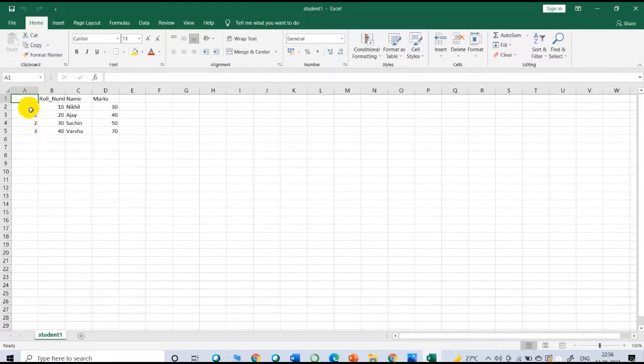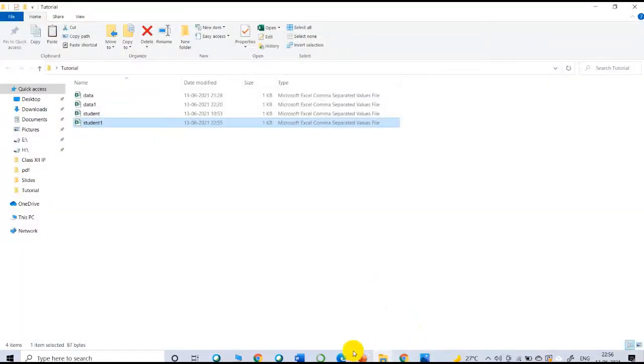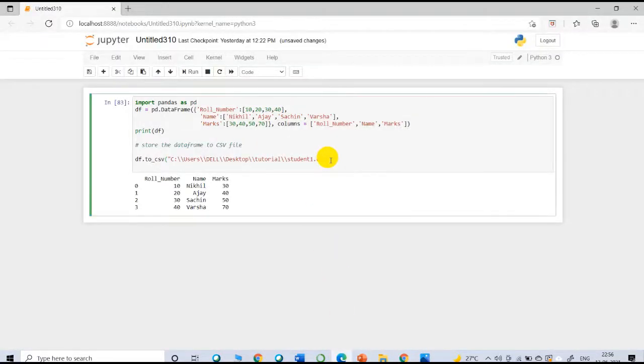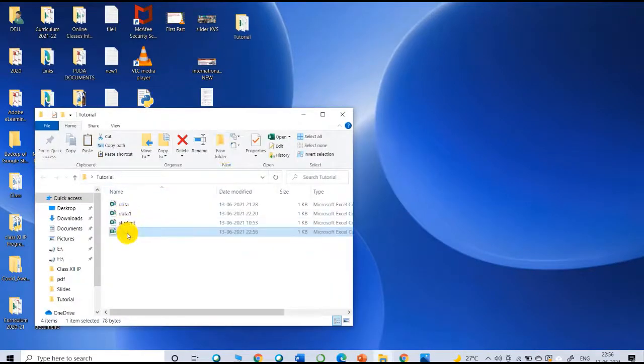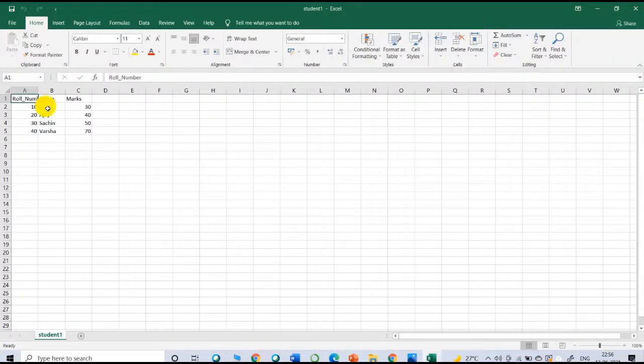This is the index column, but I don't want to store this index column in a CSV file. For that, I need to pass the argument index=False. It is always better to call this function along with the index=False parameter. It will not save the index column.